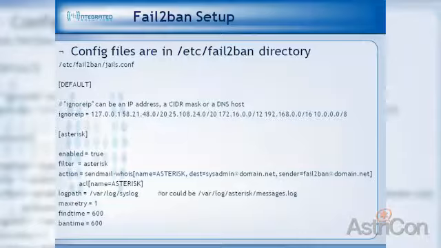So, but in the default section, you have a switch called ignore IP. This is pretty important. Notice I have the private IP addresses. If you're getting registrations from your local LAN and a phone went out and it had a bad password or something, it's a legitimate, it's a false positive, right? So it'll generate a hacker attempt, and fail2ban is going to act upon that unless you ignore those IPs. And of course, as a service provider, I ignore my IPs from my customers because I control all that